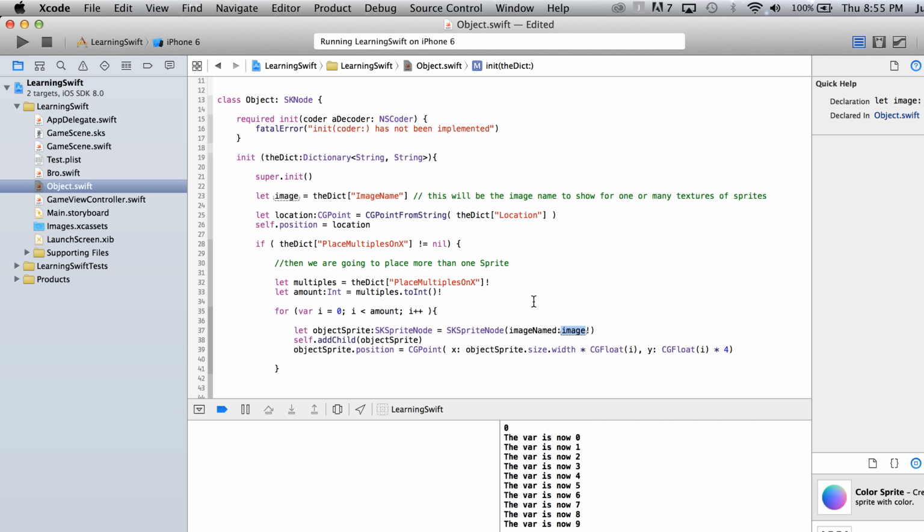So it's just basically assuring that it has a value. And we did set that up here, right up here. All right, so we've been holding on to that for a little bit, the image name, and then we're writing self.addChild object sprite, so that's getting added inside of our SKNode, and then object sprite.position. Here's where we get to have a little bit of fun. We're setting this to a CGPoint value, or an X and Y location, I should say, and the X is going to be equal to object